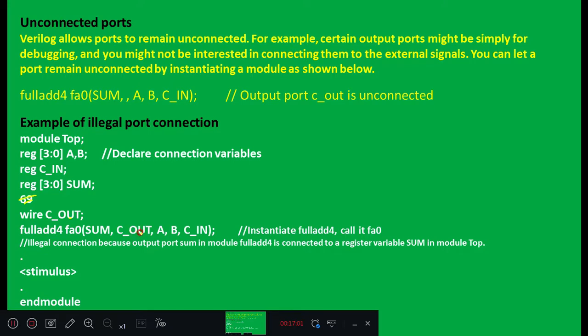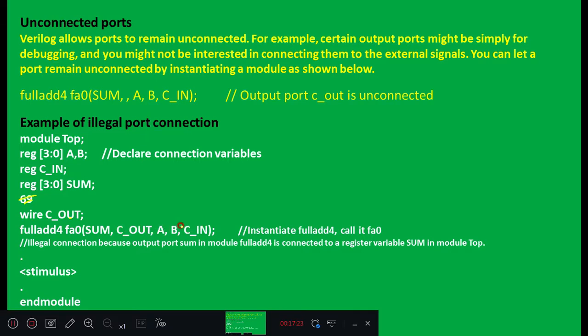So this cout is allowed. A, B, C in are defined as registers. Internally, in the full add 4 module, they are treated as nets only, but externally you can connect registers. A, B, C in can be registers, that is allowed.